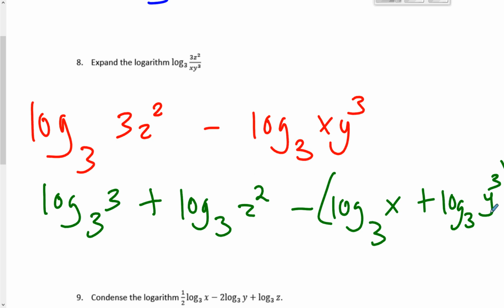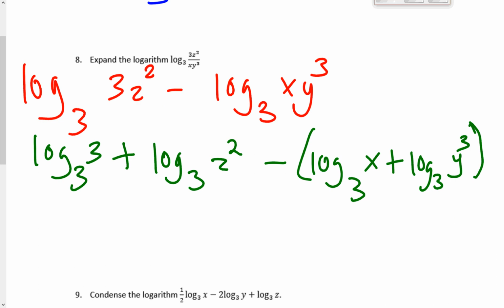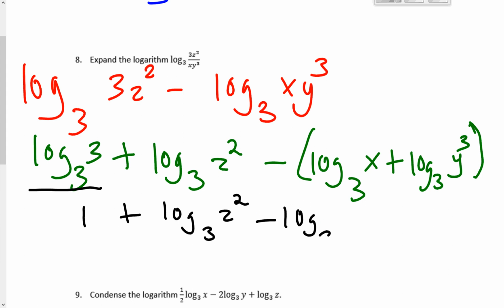So now I'm going to do two things at once here, since I'm kind of running out of room. Maybe I should raise this up a bit. Okay, so raise it up a little bit. Now I'm going to simplify. I'll just go ahead and distribute that negative, and if you can look here, this log base 3 of 3 is 1. So this is actually 1 plus log base 3 of z squared, minus log base 3 of x, plus, oh, I'm going to distribute the negative, sorry, minus log base 3 of y